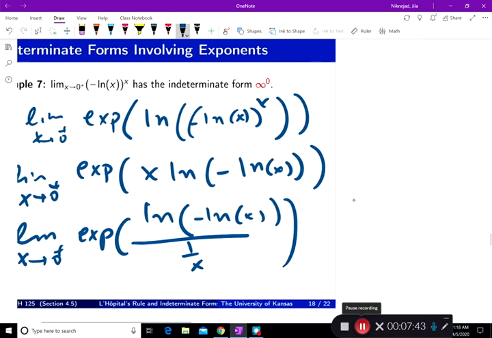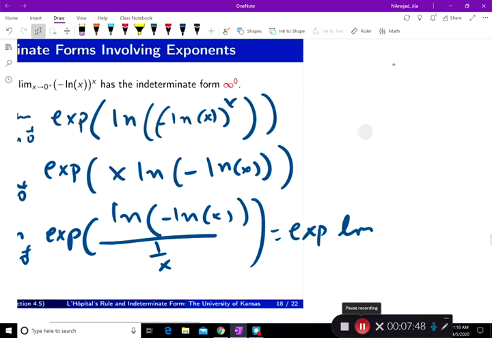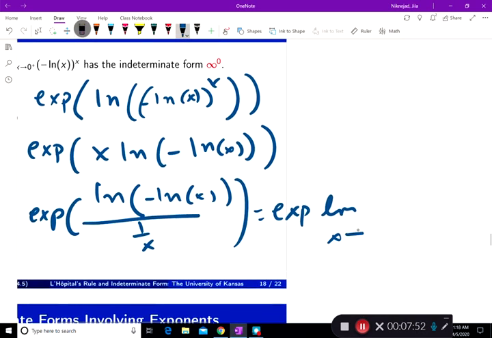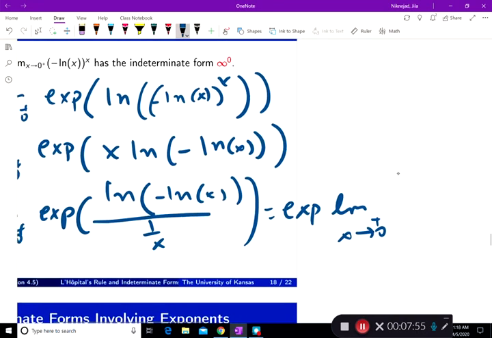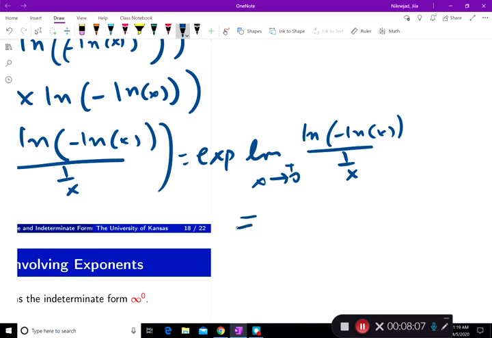Now I can bring the limit in, exponential limit x goes to 0 from positive, natural log of negative natural log of x over 1 over x. This is infinity over infinity. It's time to do a L'Hopital rule,